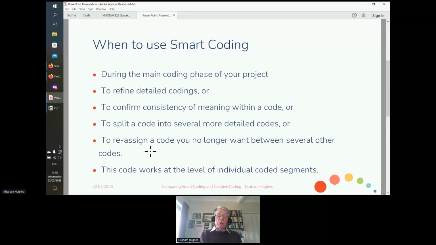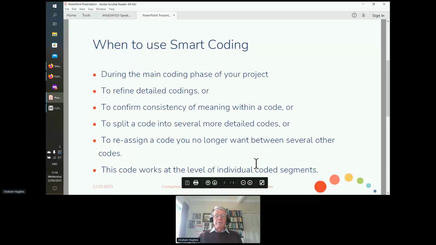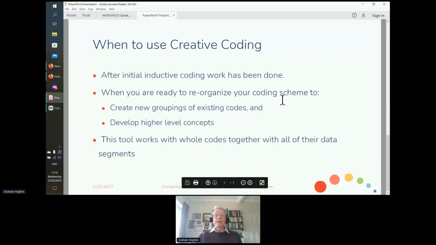Reassign a code you no longer want. In that case, what you actually do is delete the code assignments as you move them to other things, so that eventually you end up with an empty code, which you can then delete. I didn't actually demonstrate that, but check the help manual and you'll find out how to do that in your system. That is all working at the level of individual coded segments. Now I'm going to move to creative coding, and this is at a higher level where we want to reorganize